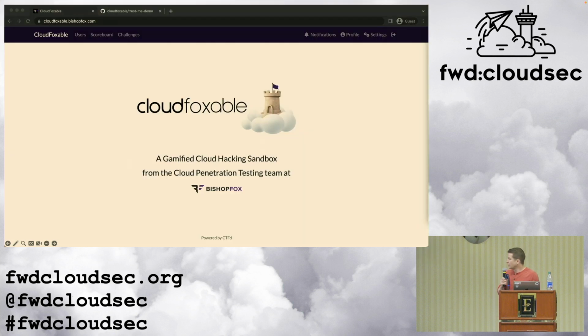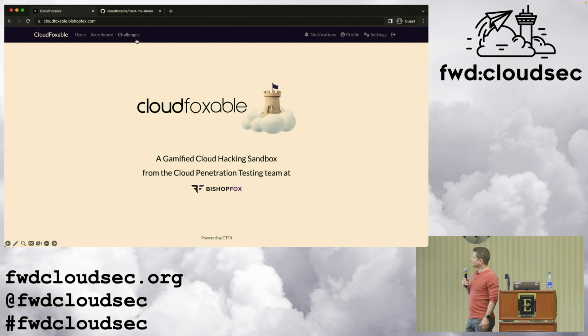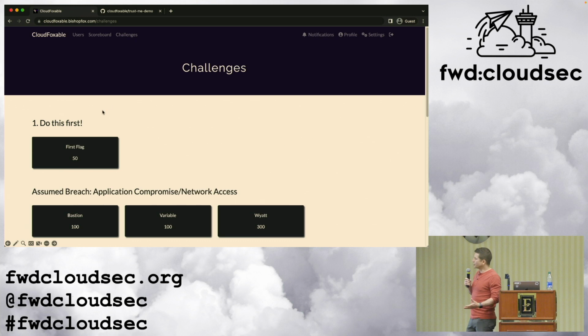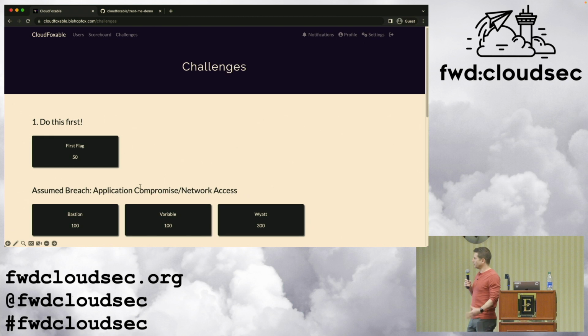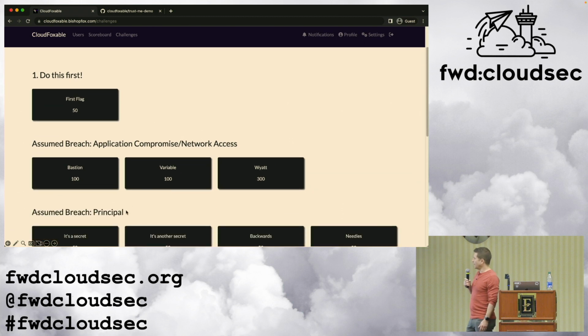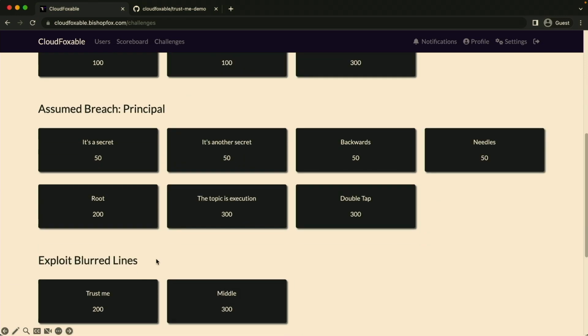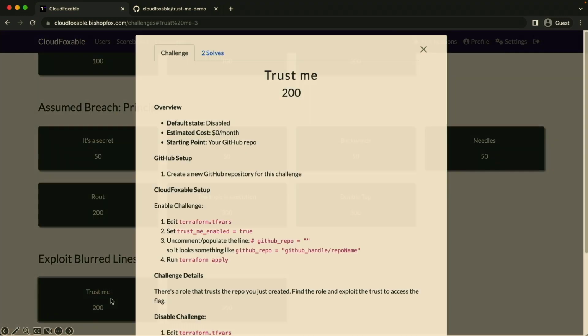So what we're looking at here is the CloudFoxable login page. I've already created an account. We're going to open up the challenges. The first challenge just walks you through installing the environment in your own AWS account. Please don't use a production account. I've grouped the categories into your assumed breach type categories, and then here's a couple for the blurred